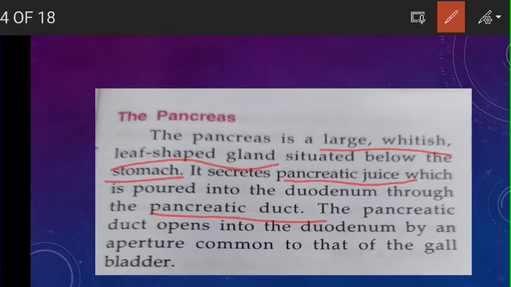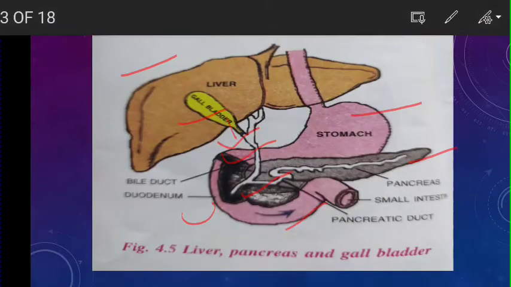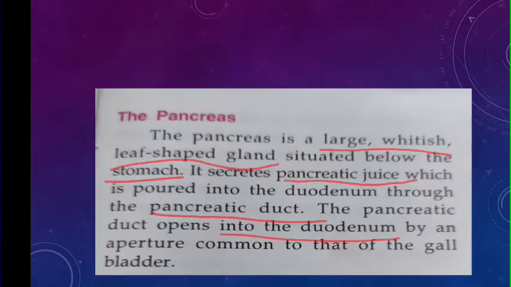The pancreatic duct opens where? Into the duodenum by an aperture common to that of the gallbladder. Okay. So here you can see gallbladder. There is a common opening. Here you can see it is a common opening of what? Gallbladder and pancreatic juice. Means we can say bile duct and pancreatic duct. Okay, this is the common one. Now next,